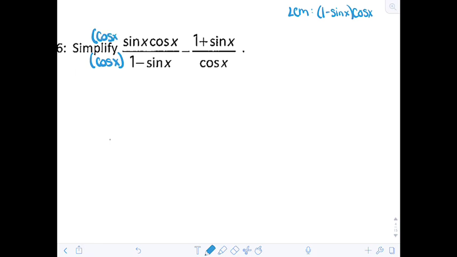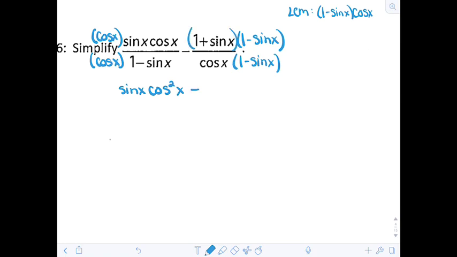So I'm going to multiply it in the top. And over here, I'm missing a 1 minus sine x. I'll multiply that to the top here. And let's create some new fractions. So I now have sine of x times cosine squared of x